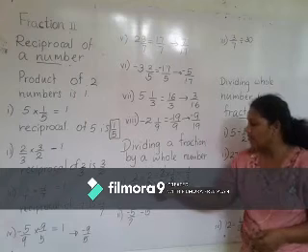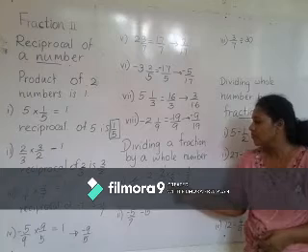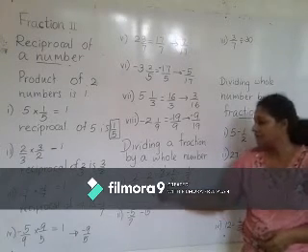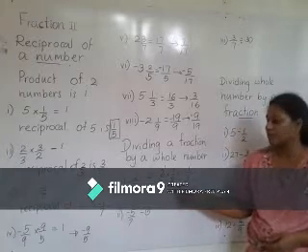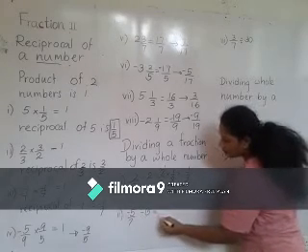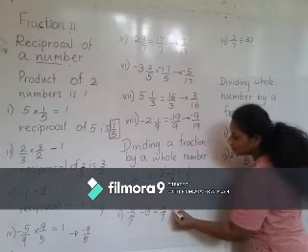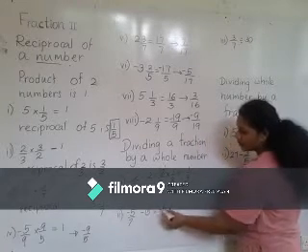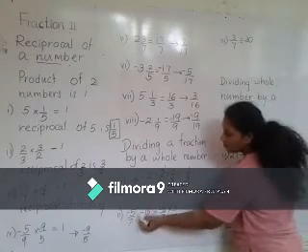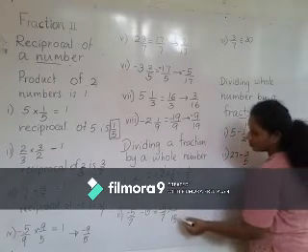Here 2/3 is the number. Then we have to divide by 2. First write 2/3. After that the division changes into multiplication. You have to change the right side value. It is 2. The reciprocal is a half. Always change the right side amount. Then the other one, -5/7. Division becomes multiplication. Then the reciprocal of 15 becomes 1/15. Don't change the first fraction. Only the right side amount you have to change.